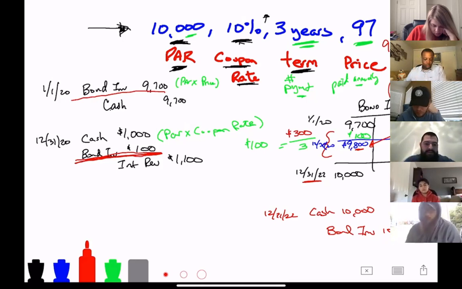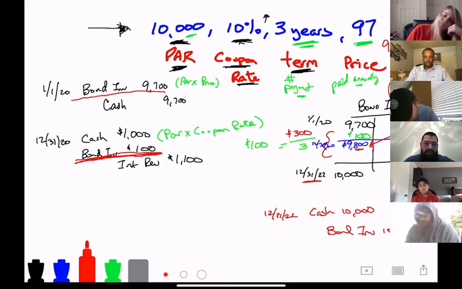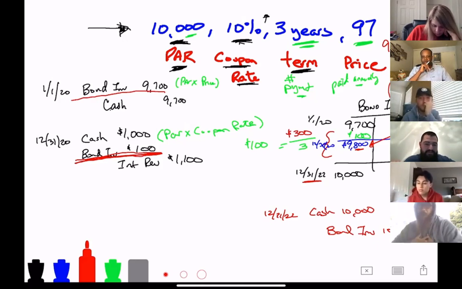Is there a reason why, for this one, on the debit we separate the cash and the bond investment, but on the credit, the interest gain isn't 1,100? The interest is only 1,000. I guess it would be an amortized gain. Is it just because there's no account for that specific item, which is why we combine them together?